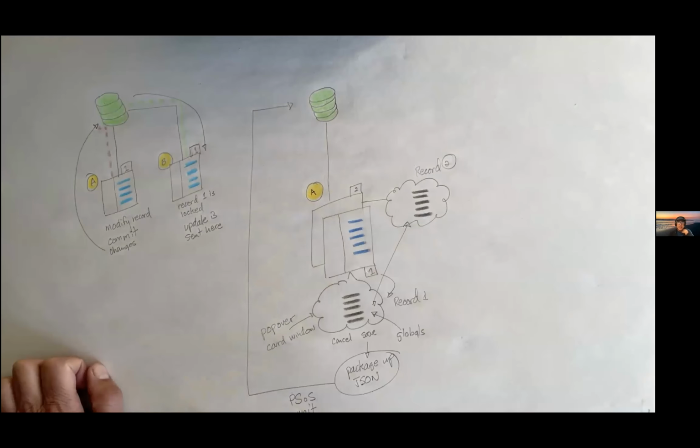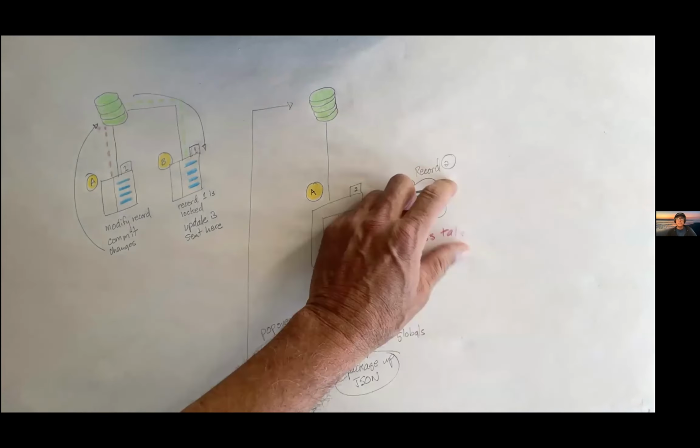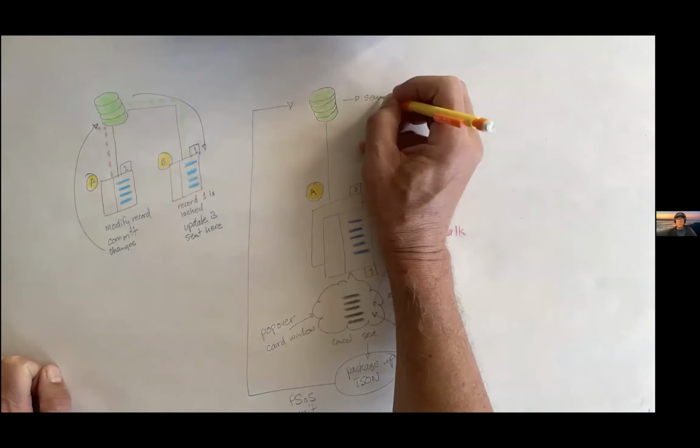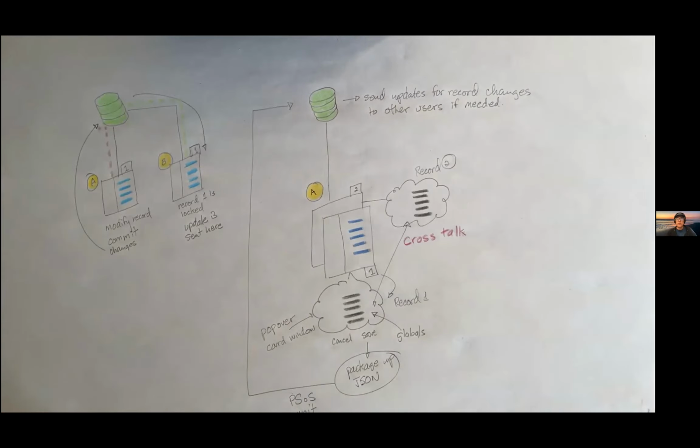But if you had two records, using this technique, with two different windows, then the problem would be that if you started editing record two before you had finished editing record one, now you'd have data from record two in your edit of record one, which is a bad thing. And so we abandoned that, and we went down another road, which I'll describe here,